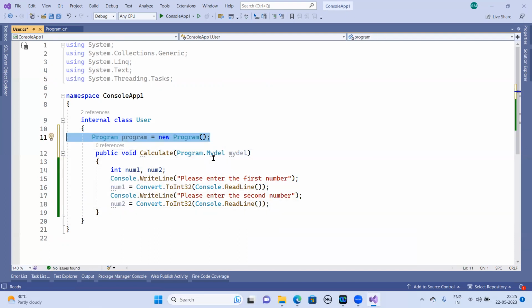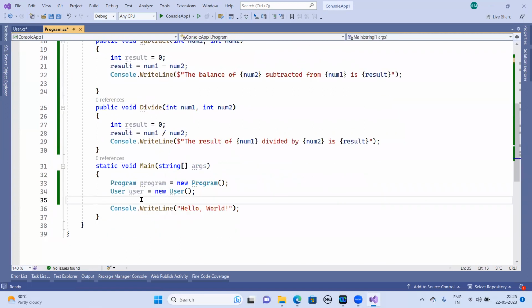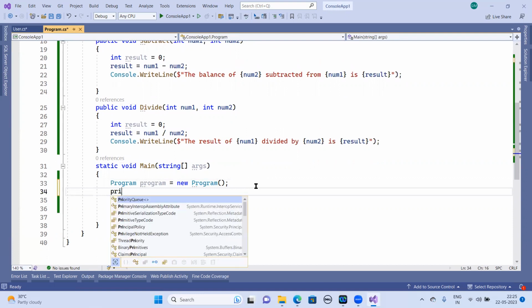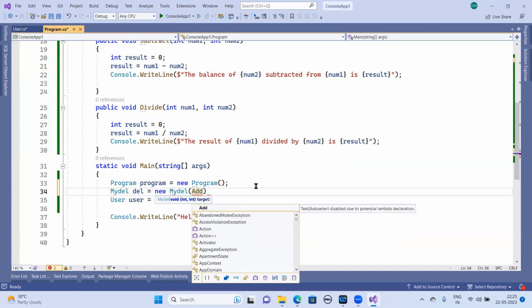Now, once we create a parameter, we could call the methods very simply. But how do you assign the method to the delegate? That's where we're going to play here, right here. So we have the program. We have the method, just myDel. We're going to create an object for the same. So we are going to say myDel del is equal to new myDel, and I could be passing the method